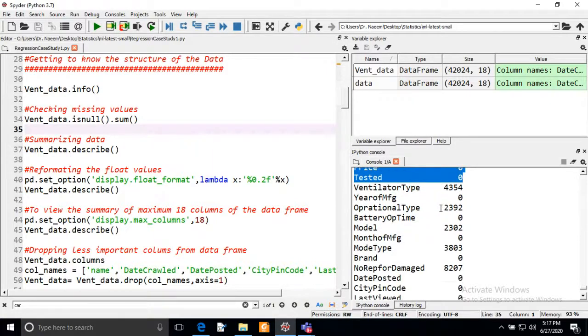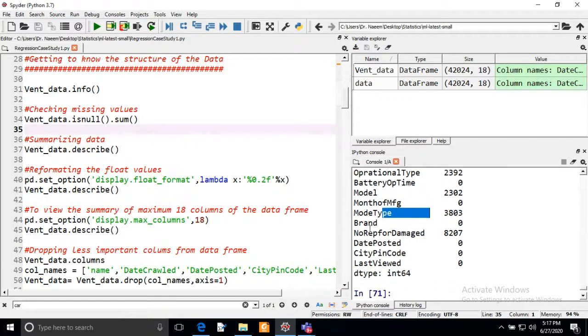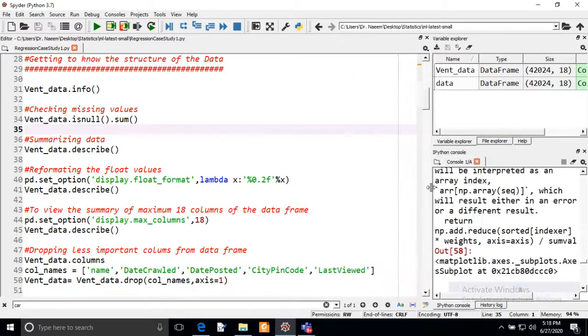Ventilators type has missing values, operational type has missing values, model and model type have missing values, and no repaired or damaged also has missing values. Later we will see what we can do with these missing values. Either we have to fill something in those columns, or we have to drop these values.